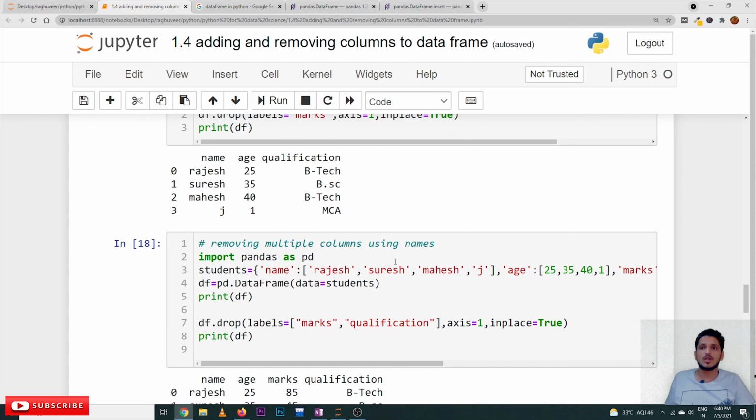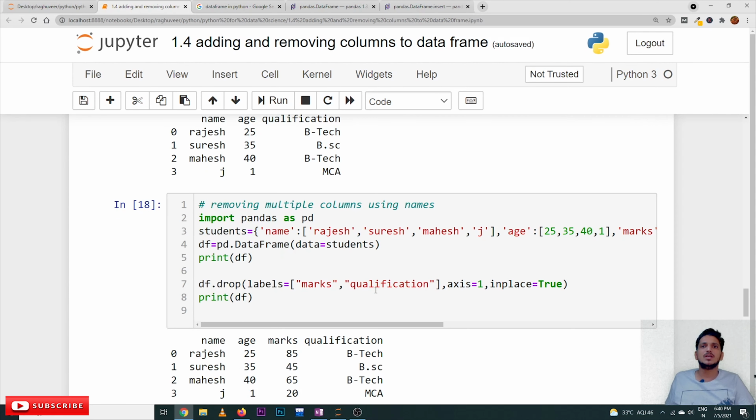Removing multiple columns using names. We can delete multiple columns at a time. The same method, df.drop of labels is equal to marks comma qualification. If you give the list of column names and axis is equal to 1, we can eliminate multiple columns at a time. You already know inplace is equal to true; this was discussed in our previous class.